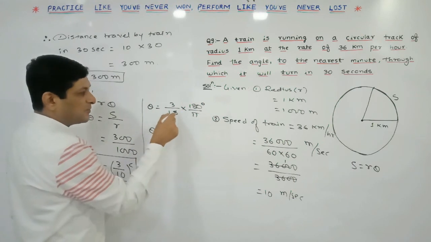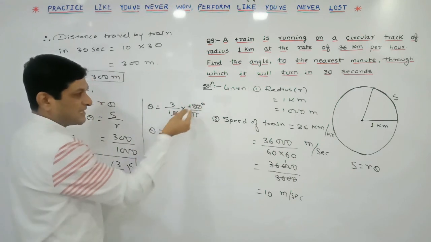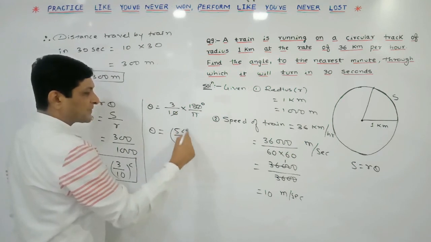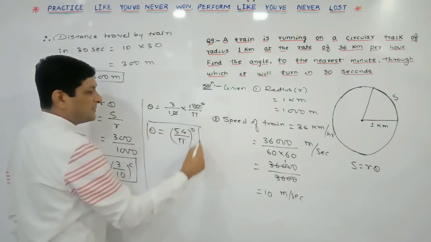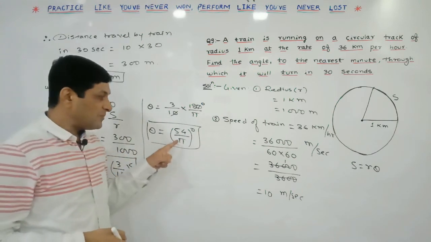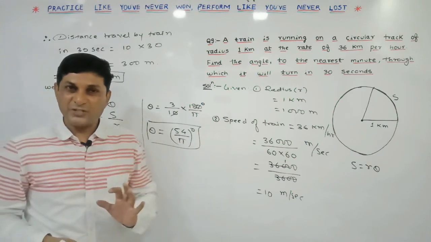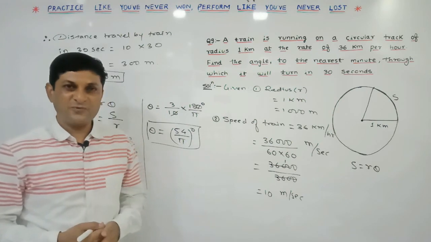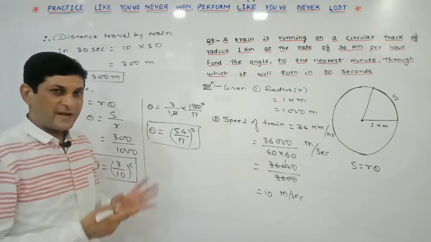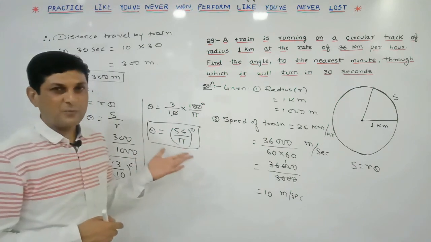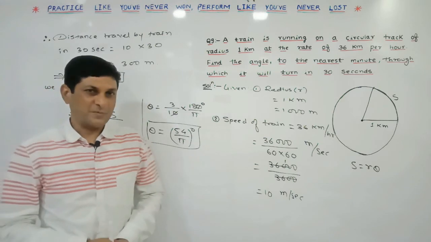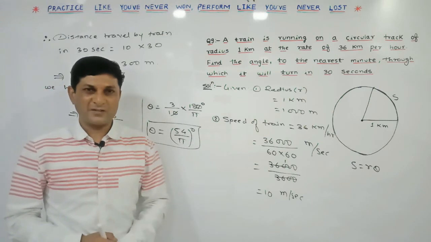So theta will be equal to this 0 and this 0 will get cancelled, and 18 3s are 54 upon pi degrees. In this way we have got degree measure of this angle. Even again, if you want to simplify it, you are able to replace pi by its value 22 by 7 or by 3.14 and you are able to simplify it. But this much part is sufficient. Find out the angle either in radian or in what? Degrees. Again it can be simplified, but not necessary to simplify it. Here also you will get full marks.